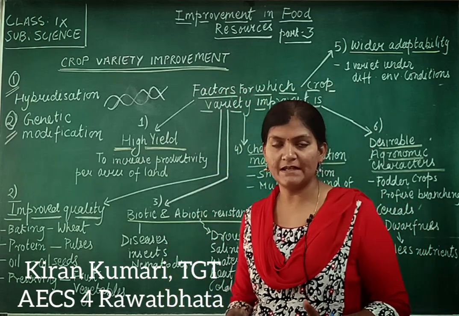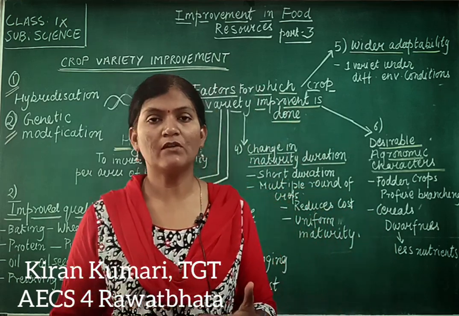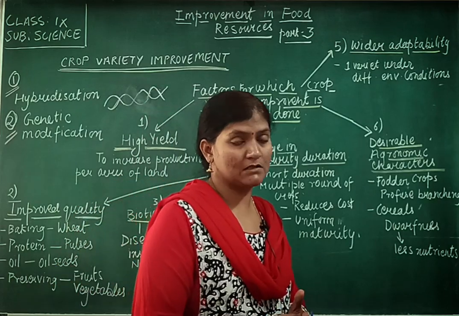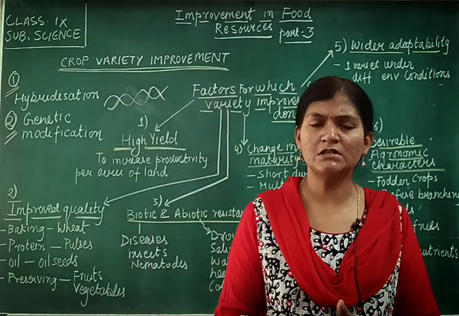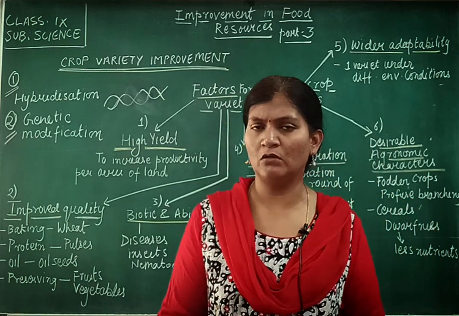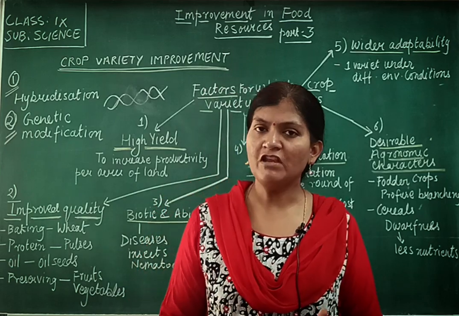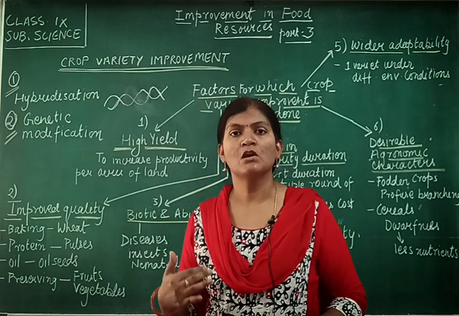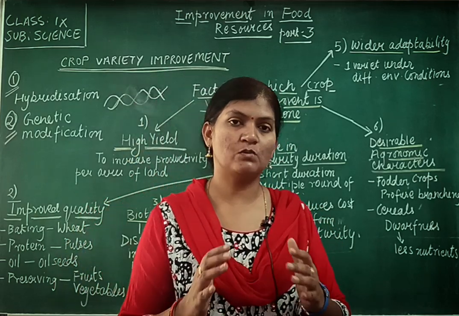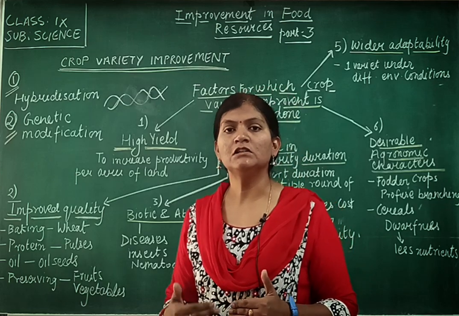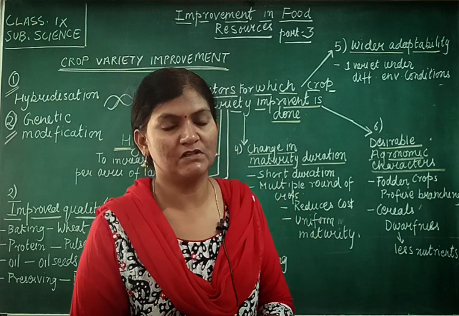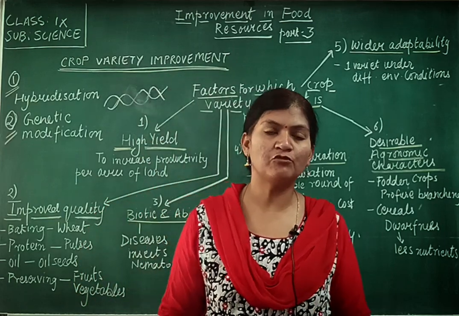Before going to today's lecture, I want to recall what we learned in our previous class. Students, in our previous class, we learned about the different varieties of crops grown in India and all over the world, and the reasons which have improved our food production, and the group of activities which are responsible for the increased crop production. We have already started the first group of activity, which is crop variety improvement.